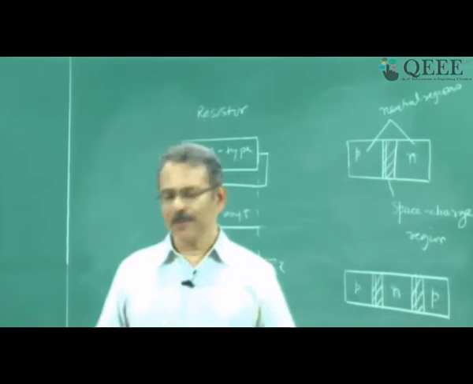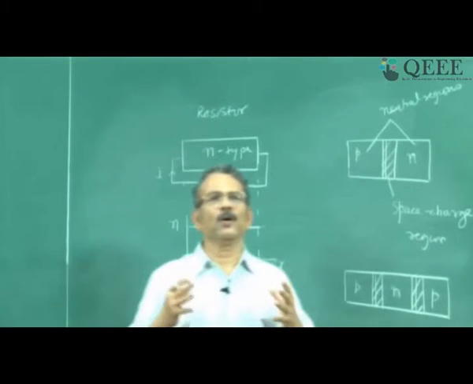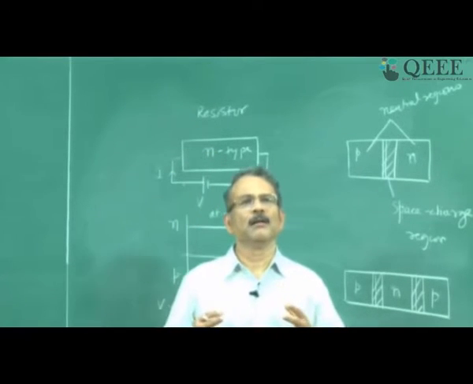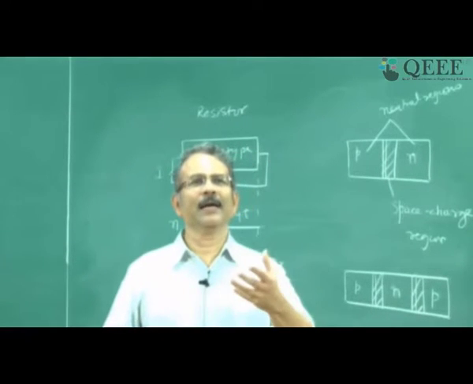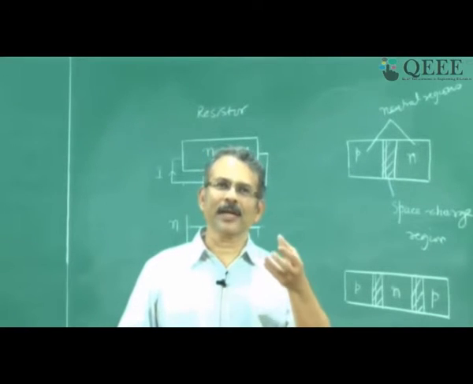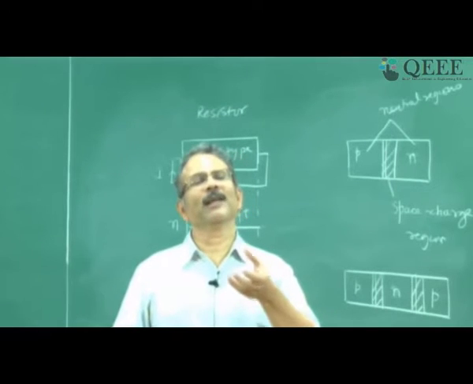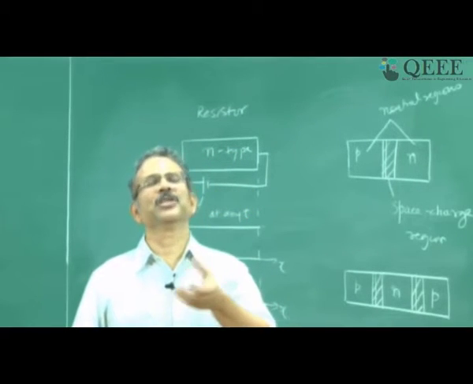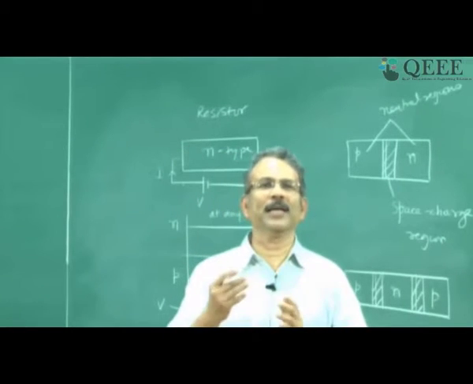Because you know, we are going to talk about current. Now current flow is because of charges which can move. So if I want to get the current in any device, I should know what is the concentration of mobile charges, and I should know what velocity with which they move. If I combine the concentration and velocity, I get current.